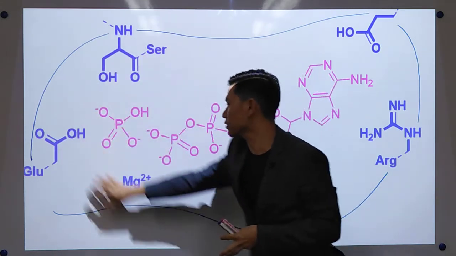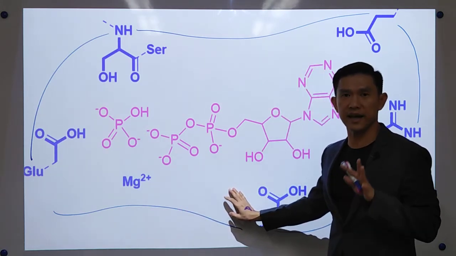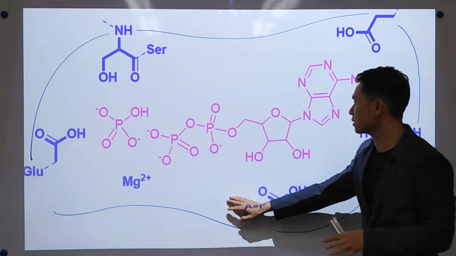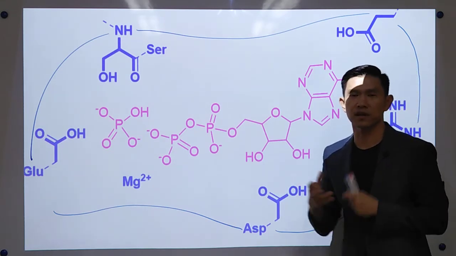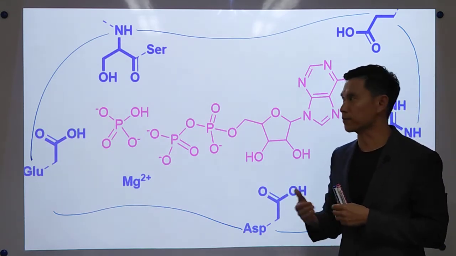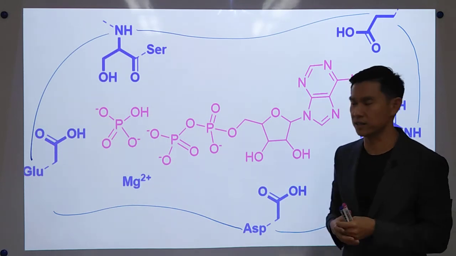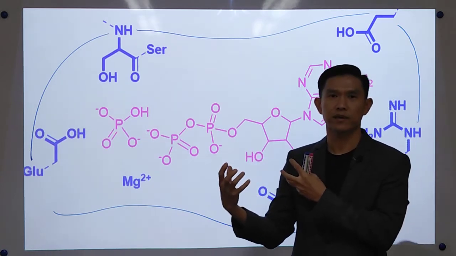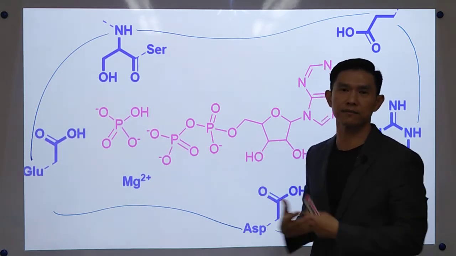So around here has to be the active site, or the catalytic site, of your enzyme. If the enzyme is going to catalyze one particular reaction, the duty of the enzyme is normally to fix two of the substrates together,